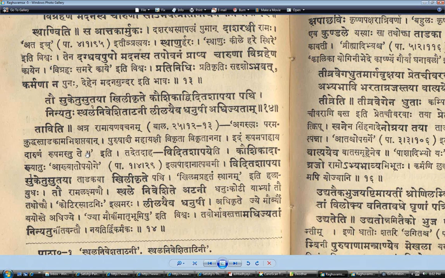So this is how this whole thing tags on. First we had pati. The pati was qualified by khili krite. We're going to see how khili krite came in a second. Khili krite. The krita was a passive form. The karta became Suketu sutaya krite. Now she had an adjective. The adjective to her is vidita shapaya, whose curse was known. Viditam is known. Vidita shapaya is a Bahuvrihi compound. So whose curse was known. And then to that vidita is coming the Kaushikat. It's Kaushikat vidita. This is how this whole thing adds on.